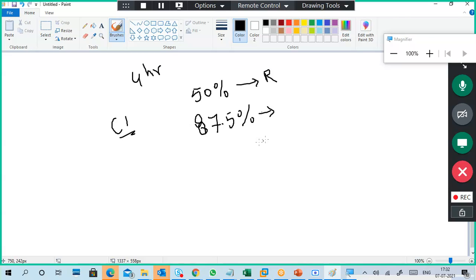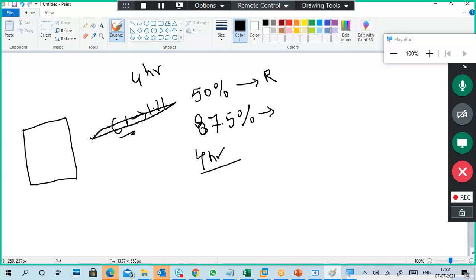Again, if the client also failed, time's up, 4 hours completed. Now in the server, whatever IP address as per my list belongs to C1, say 1.11, was given to C1 as per my server list. Now time is up. What will the server do? The server removes the entry from the server list. The server says the IP belonging to C1 is no longer available. They will remove that entry.